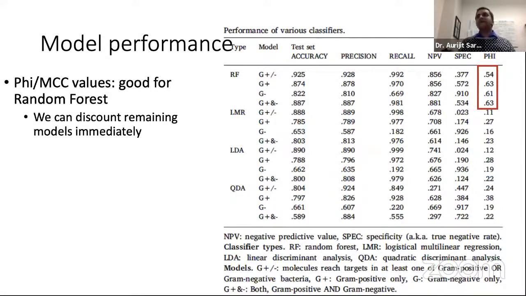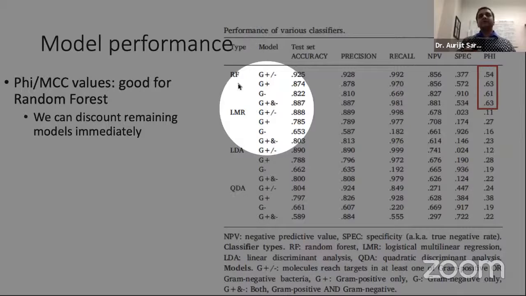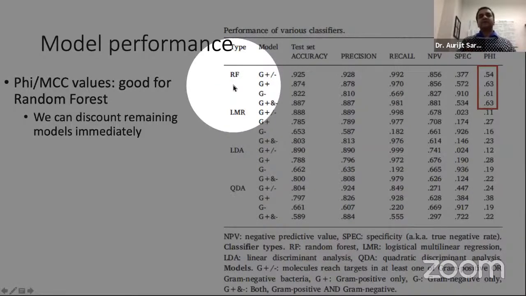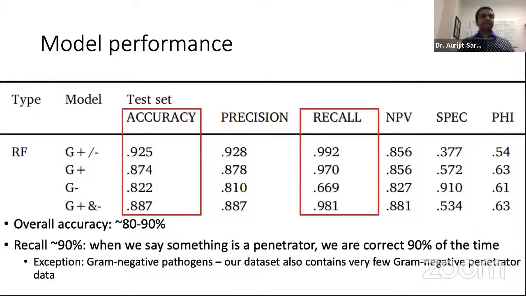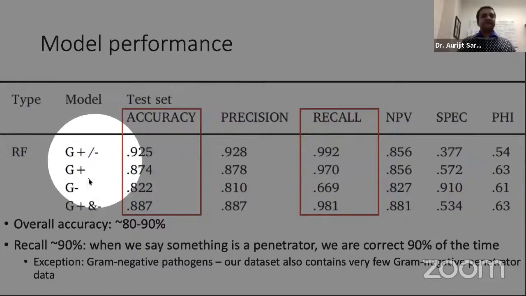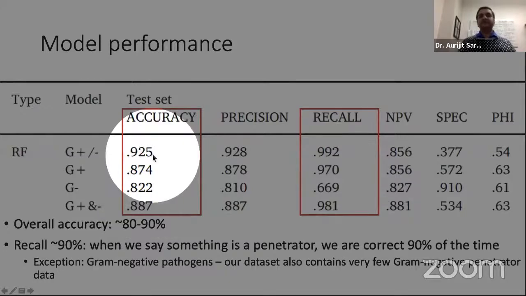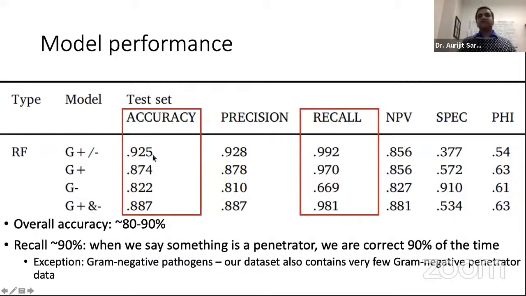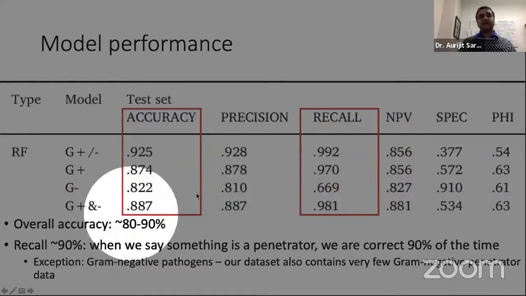So the only case in which you had truly good predictions was in the case of random forest. So I went ahead and discarded all of the other models, and just looked at random forest next. What you see is that the overall accuracy across the different types of pathogen is relatively high. It's somewhere between 80% and 92%. What you also see is that the recall is pretty high, over 90%, actually close to 100%, with the exception of gram-negative